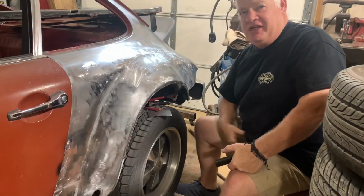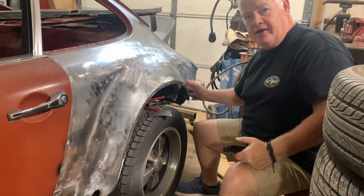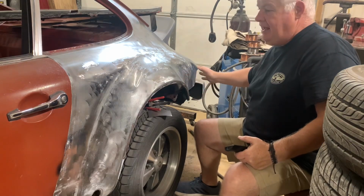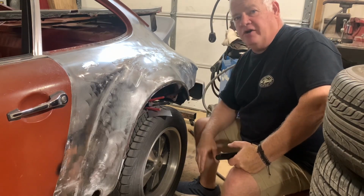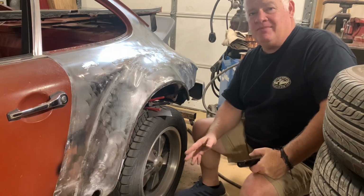Well, I got the old blue machine out, finished doing a little bit of welding where the new flares meet the original quarter back here. Everything looks great. I went back over everything with an 80 grit disc, gave it some roughed in marks. Now I'm gonna go ahead and take my panel bond, the stuff that you've seen me use in the past